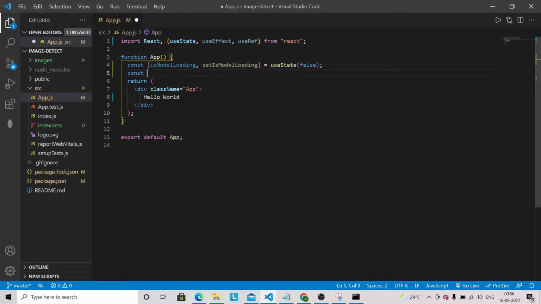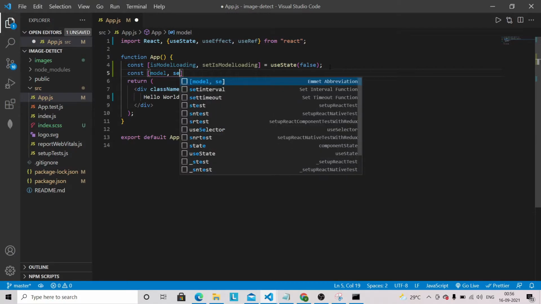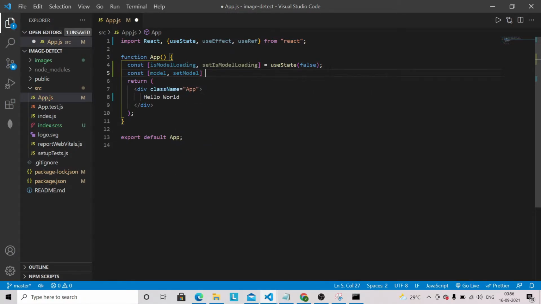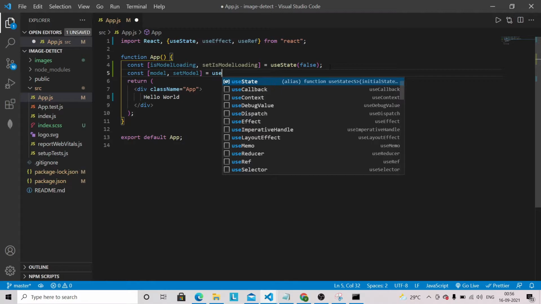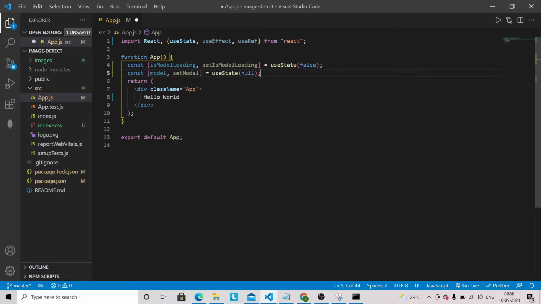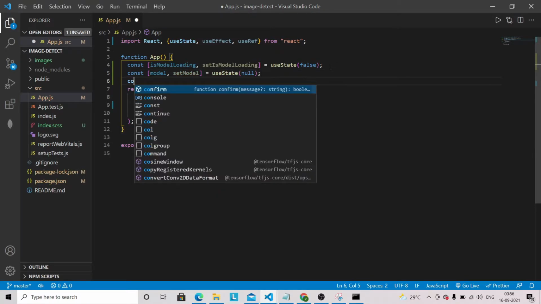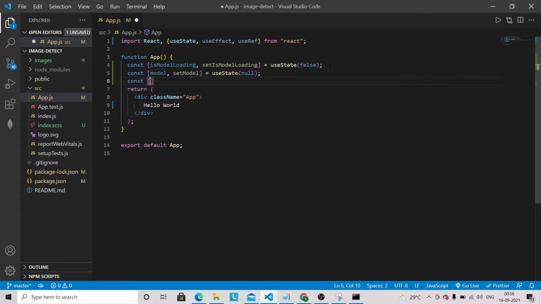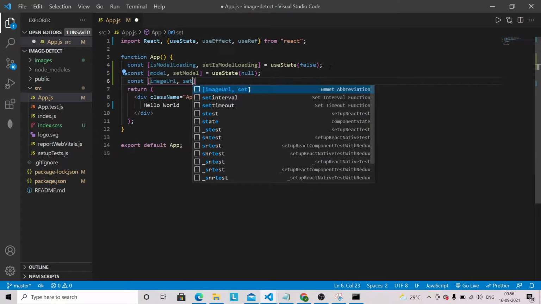related to the model, like const model, setModel, and this will also be useState with the value null, and we are going to have an image URL. So the user can also use the image URL if they don't want to upload the image.